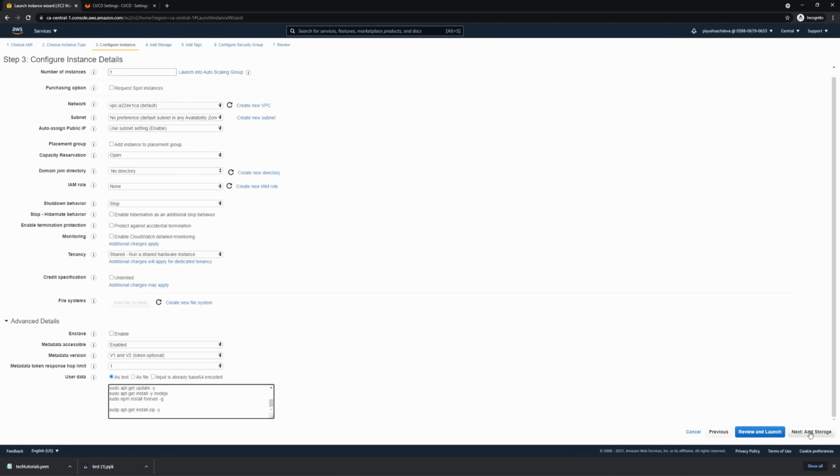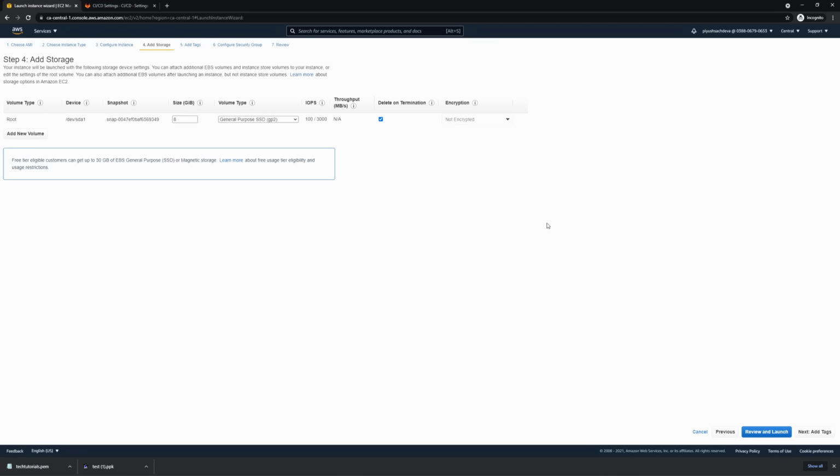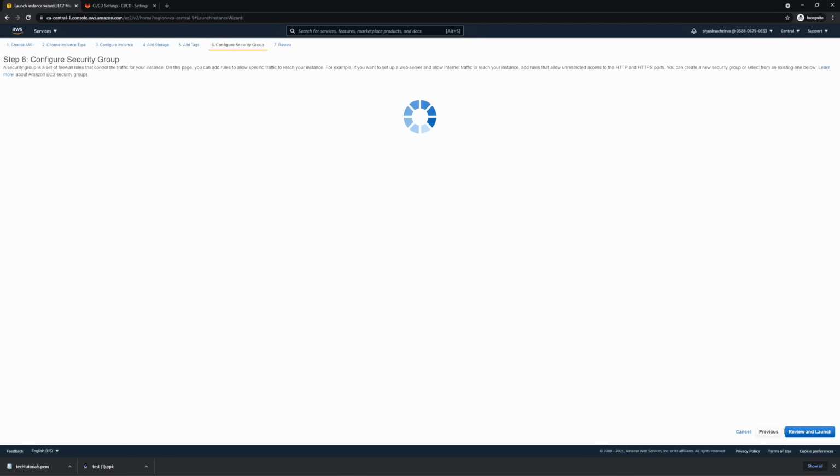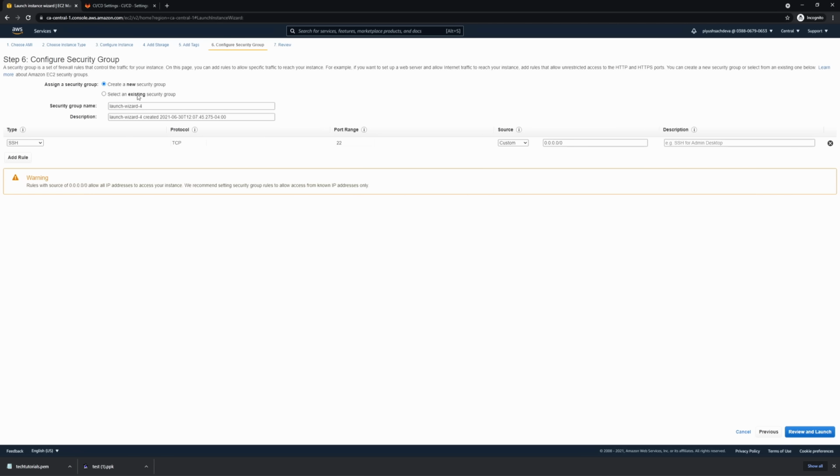Then I'll click on next, add storage. I'll use the default storage. I'll give it a name, I'll give it dev server. Configure security groups. Now I'll create a new security group, dev server. Okay, so I would want to do SSH in that group, so I'll keep this one open, and